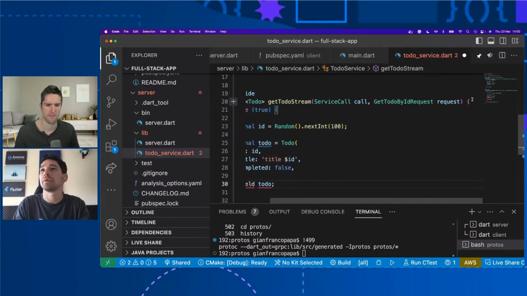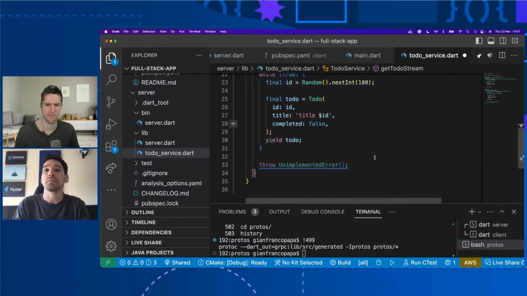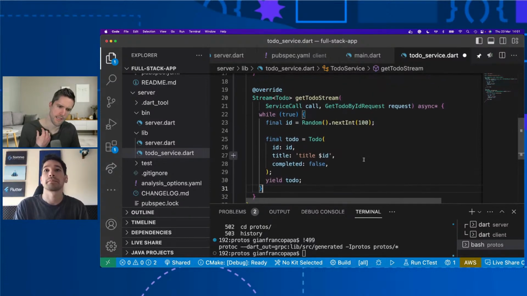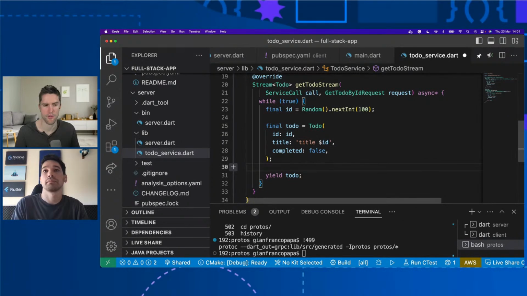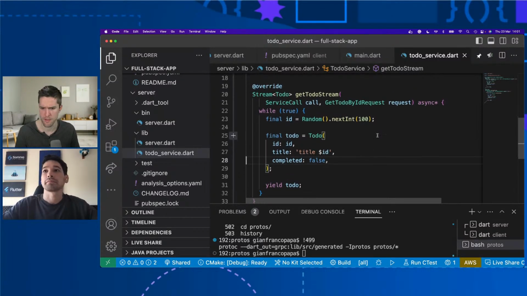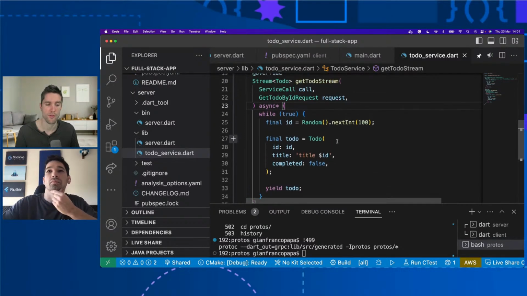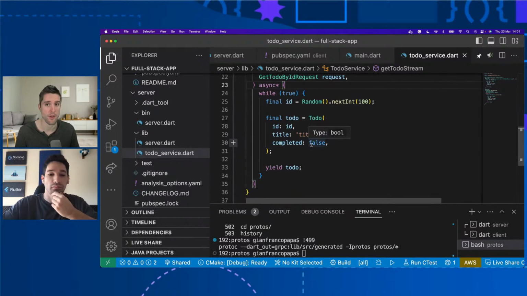So for doing this, we have to have async star. And for anyone who's not aware of async star, first of all, there's a great series on YouTube by Andrew Brogdon, one of the original Flutter DevRel people, a 5-part series. I think it was called Flutter in Focus. Anyway, it's about asynchrony in Dart. It goes through all this, but async star means that your function returns a stream, and every time you use the yield keyword, the object that you yield just goes on the stream. And that's what we're setting up here.